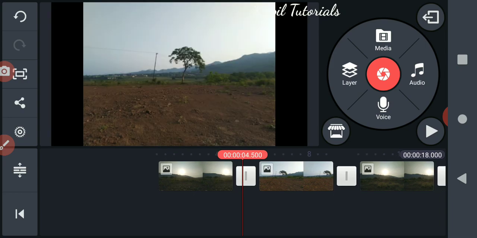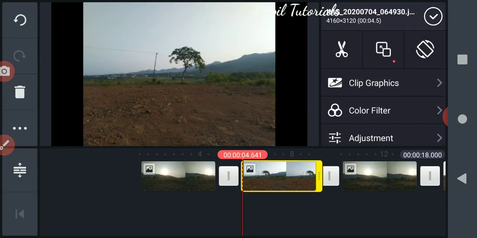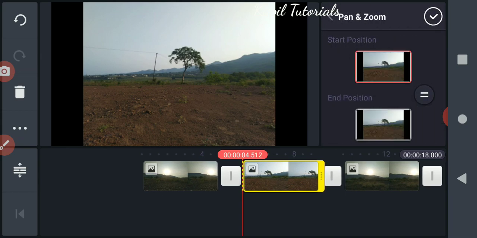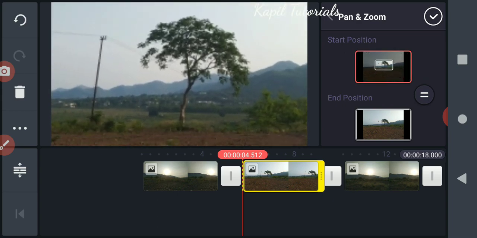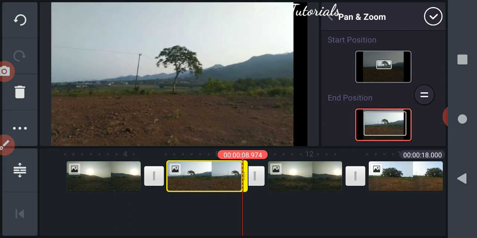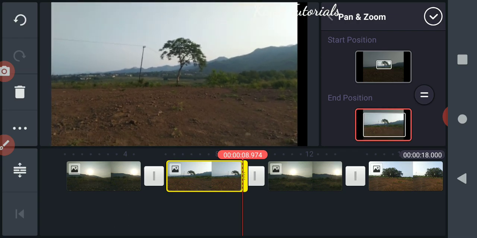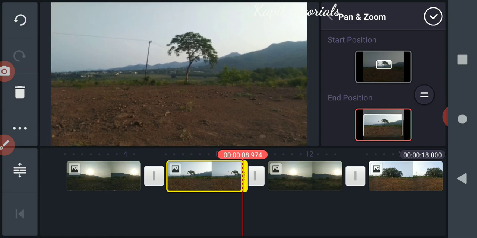The same way, I'll take the second pic here, again do the same option, okay, and this time I'll do it a little opposite. I'll zoom it till here, till this tree, okay, and for the end position I'll zoom till here, till it takes the overall screen, okay.